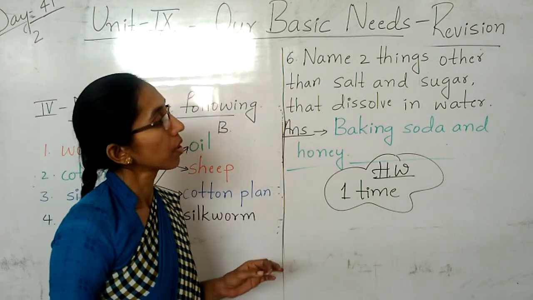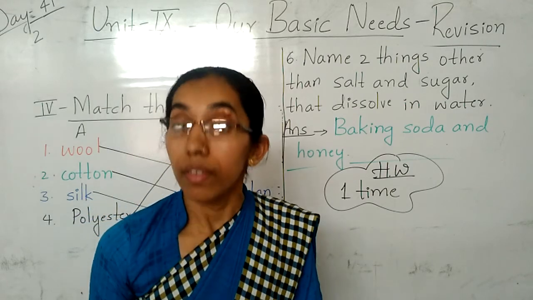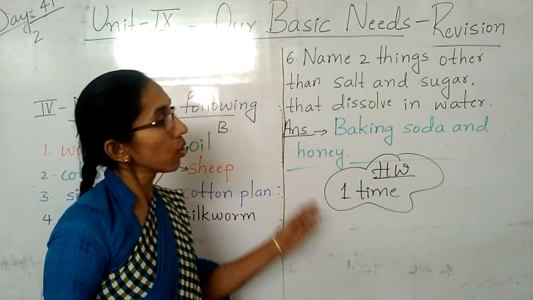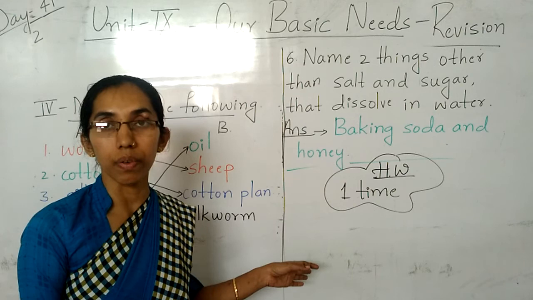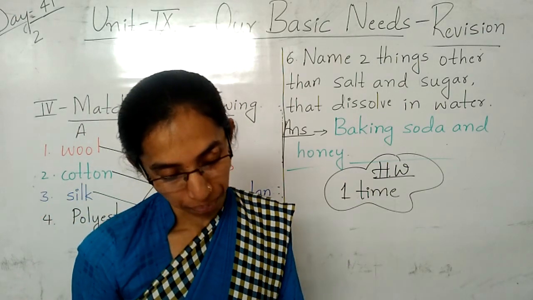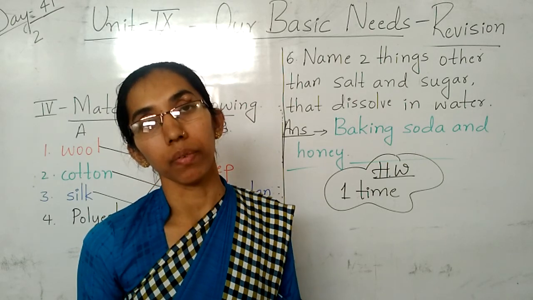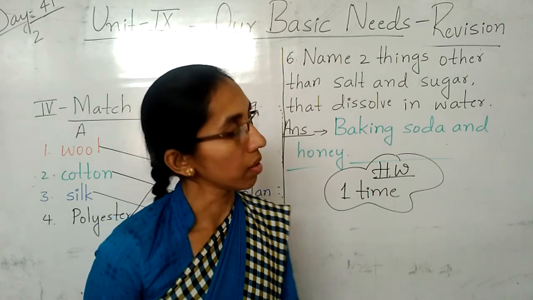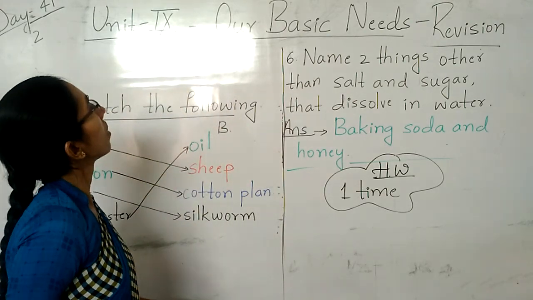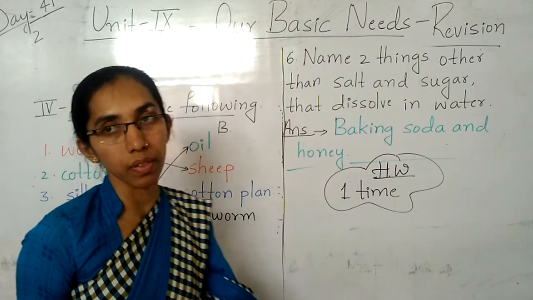Clear children? So this revision video I am not going to send in the Sai Niketan app children. You have to copy down this all the revision in your EBS notebook. Clear children? So next video I will take the one more revision. Now till here only I will stop. You have to copy down this all the things, write one time in the EBS notebook.